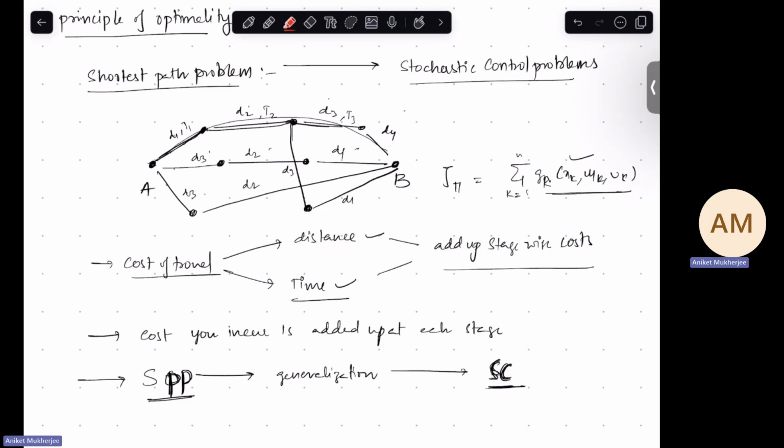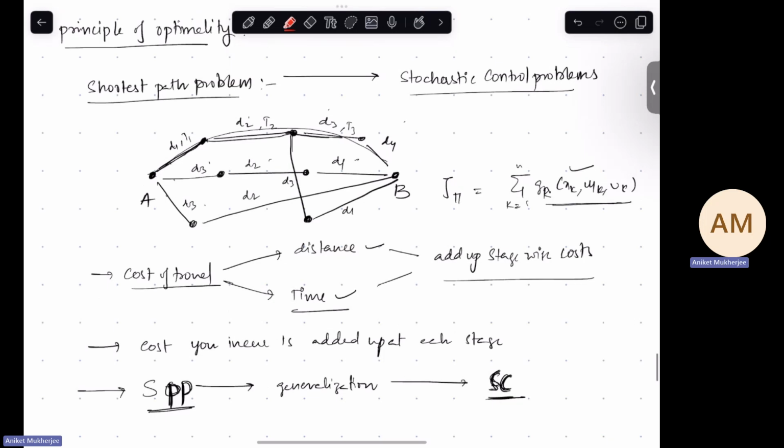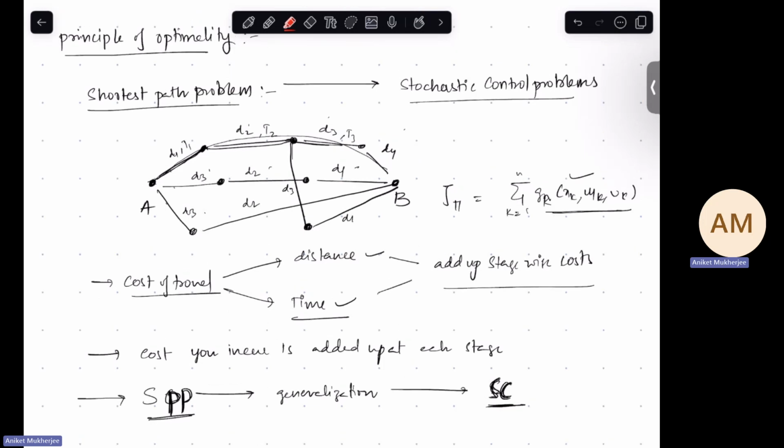Okay, let me give you a brief idea of what the principle of optimality is. I'll not write down the theorem right now, but it says that suppose this red thing is your optimal path, and let me call this node C. From A to B, you have your optimal path as this. Now if I change the problem and say I want the optimal path from C to B,